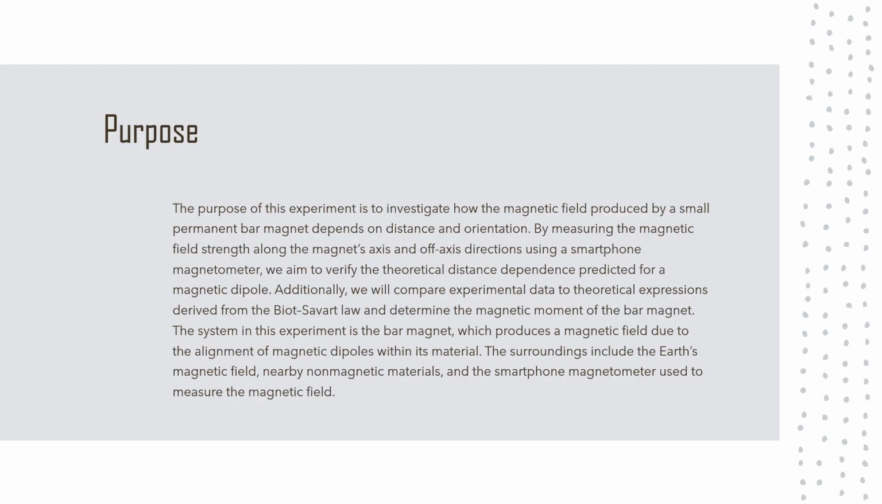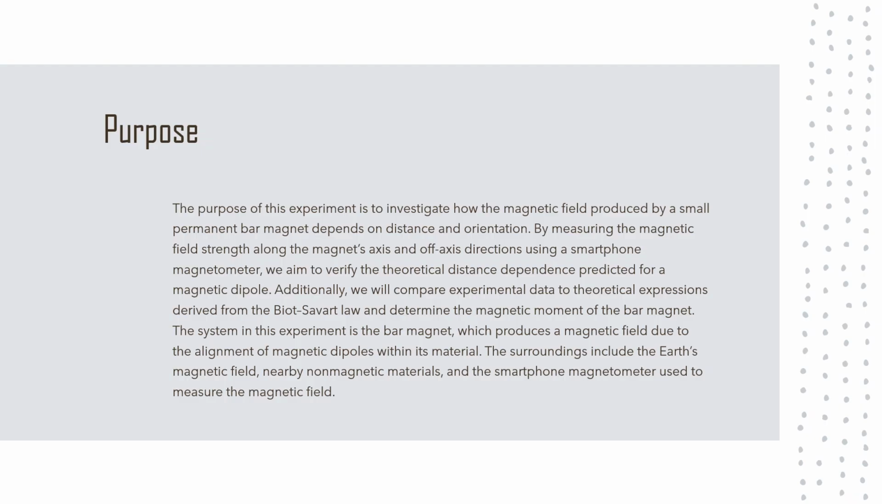The purpose of this experiment is to investigate how the magnetic field produced by small permanent bar magnets depends on distance and orientation. By measuring the magnetic field strength along the magnet axis and off-axis directions using a smartphone magnetometer, we aim to verify the theoretical distance dependence expected for a magnetic dipole. Additionally, we will compare experimental data to theoretical expressions derived from the Biot-Savart law and determine the magnetic moment of